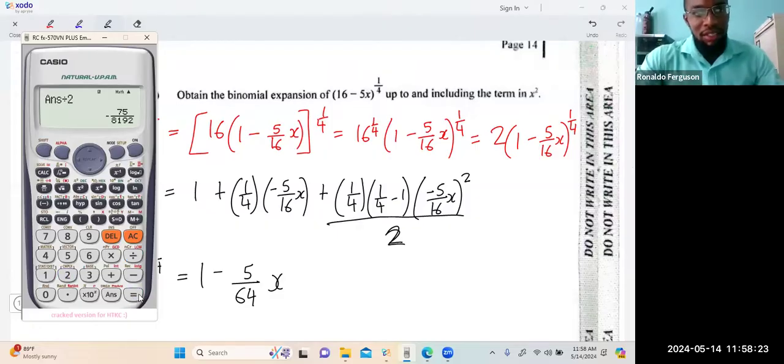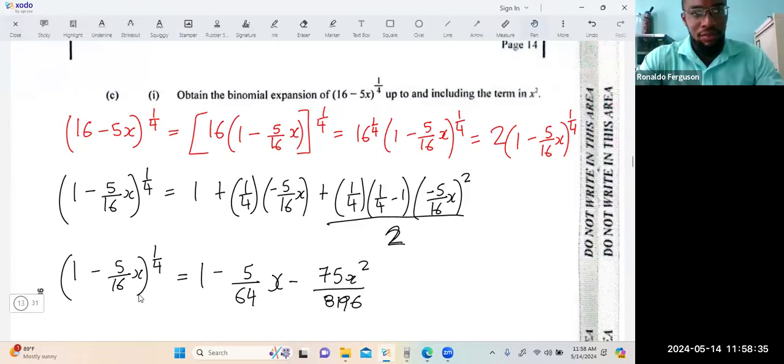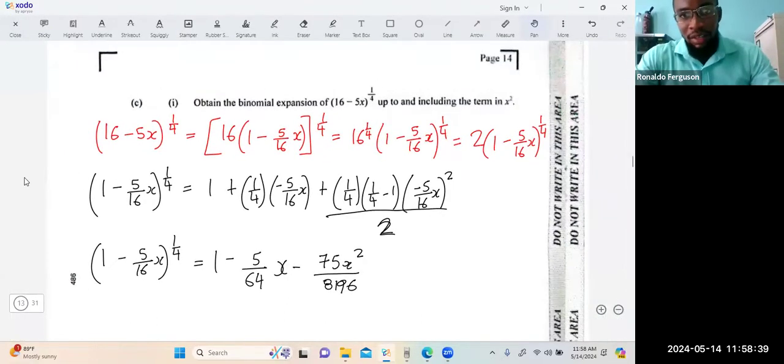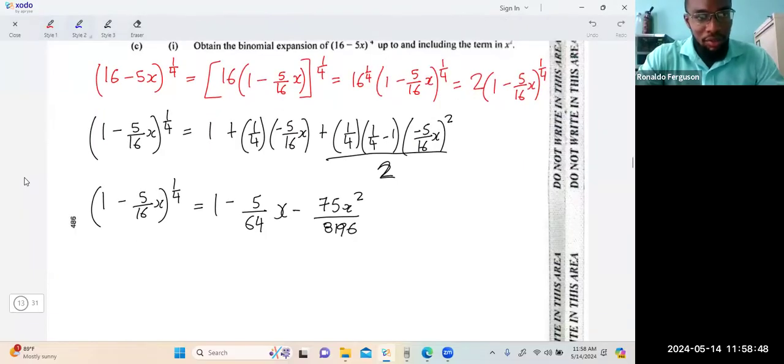So that's minus 75 over 8,196. And then, of course, now, remember you have to multiply your final answer times 2. So if we multiply it by 2, we can say therefore